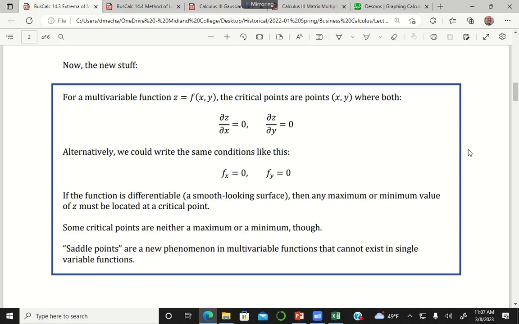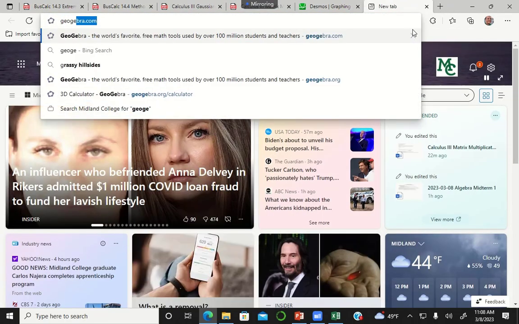So just like with single variable functions, as long as you have a smooth surface, these critical points are going to be a list of all the places where you could have a relative maximum or a relative minimum. The extra weird thing that we get with multivariable functions is something called a saddle point. So saddle points don't happen for single variable functions, but